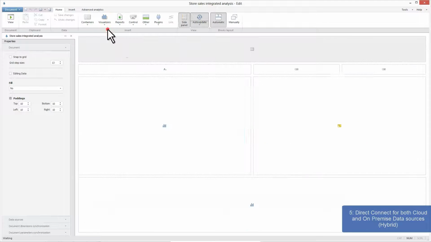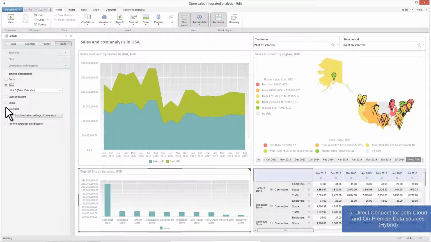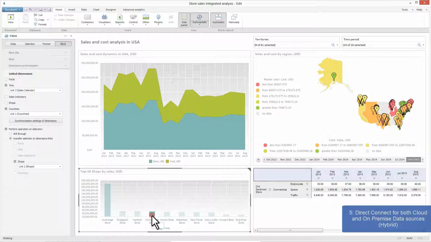the cloud. Let's open the existing dashboard. Let's add to the dashboard a new block that is based on the cloud data source that we have created. Links between report elements are set the same way as for any other type of data source. For the user working with the report, there is no difference what types of data sources are used in the